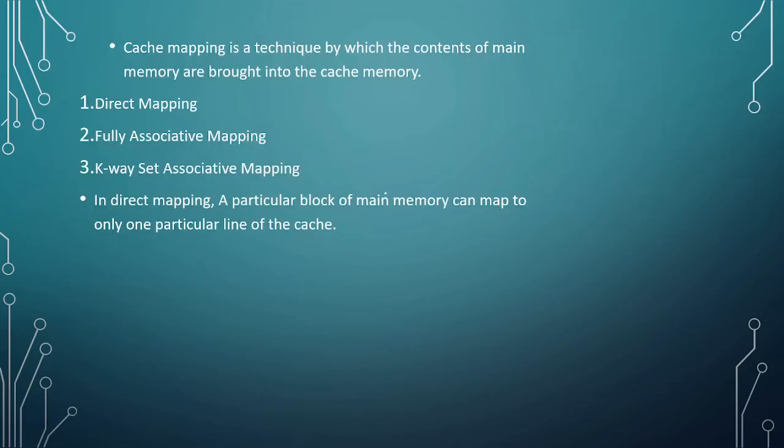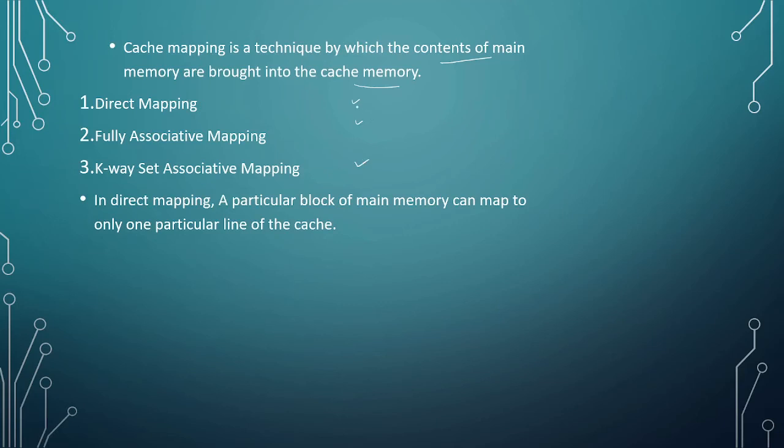So we'll tell you one thing, that we know cache memory, as it is a very small kind of memory, but yes, it is faster. And we can make use of such faster memory to have easy access, but we also know that whatever is there in the main memory, that entirely can't be stored in the cache, right? So some part of the main memory can be mapped to cache. So this cache mapping is a technique in which the contents of your main memory are brought into the cache memory. There are 3 techniques for doing cache mapping. One is direct mapping, the other is fully associative mapping, the other one is k-way set associative mapping.